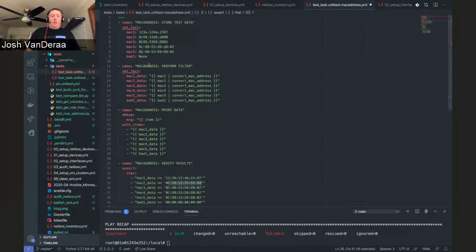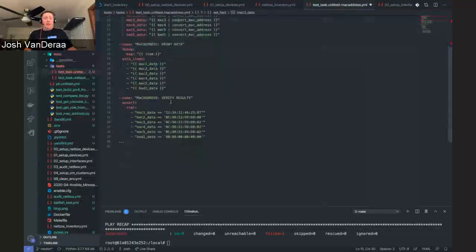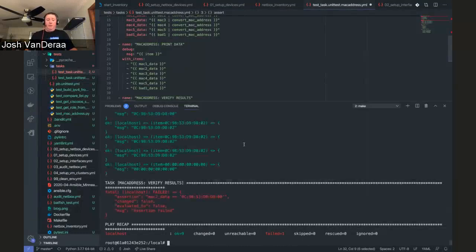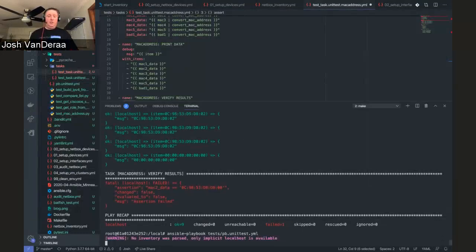And so we're going to take this information and send that through the filter. We've got the pipe and the convert MAC addresses. Then we'll print the data, and then we're going to use the assert module to compare that those 2 are the same. And now when we run this,